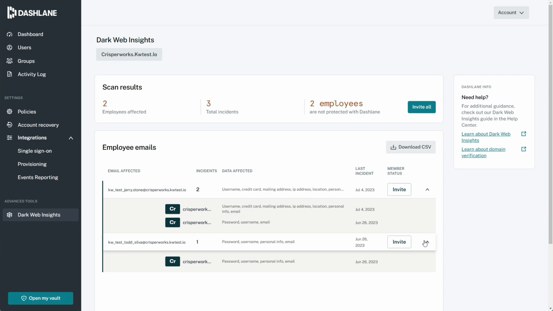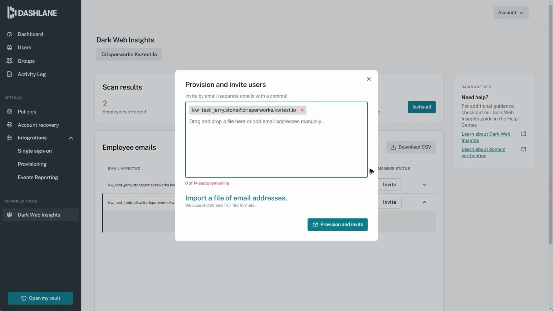What Dashlane is telling you here is the email address of this person, the kind of data affected, and we want you to invite those people to create a Dashlane account. You can enter the email address and click on provisioning users. With those users being part of your Dashlane plan, you would then be able to tell them to change passwords if they are being flagged as compromised or reused. Also, this will be available for you. You can easily monitor them using the password health score as soon as they are a plan member.